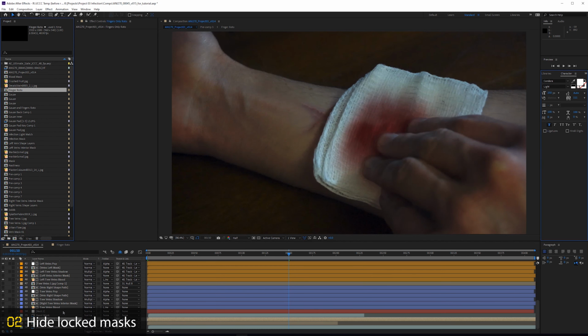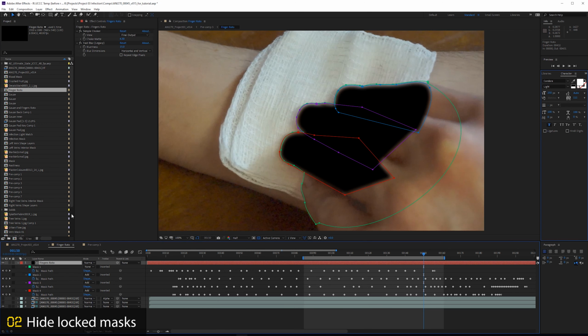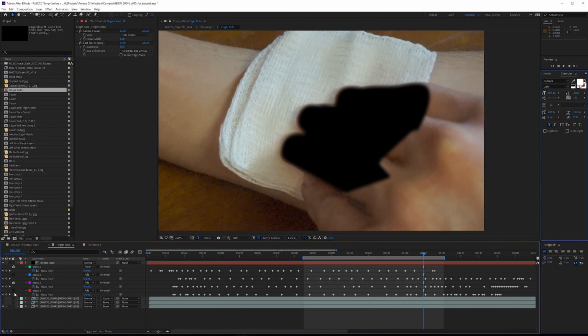Number two will help you with your rotoscoping. In this scene, I have each one of these fingers with a separate mask on them. Let's go into that comp just so we can see it more clearly. Each one has a different color, but they're all overlapping each other. If you want to work on just one at a time, it's very difficult to do that. You can also lock them by clicking this little lock button. So let's say I only want to look at this second mask here. I can lock these, but then I can still see them all, and it's a little bit cumbersome to manipulate. So there's one option.